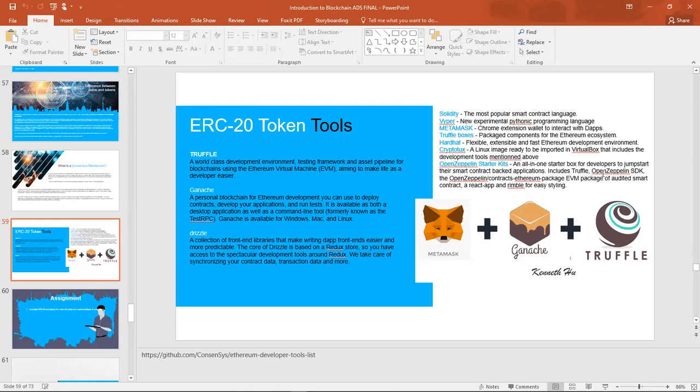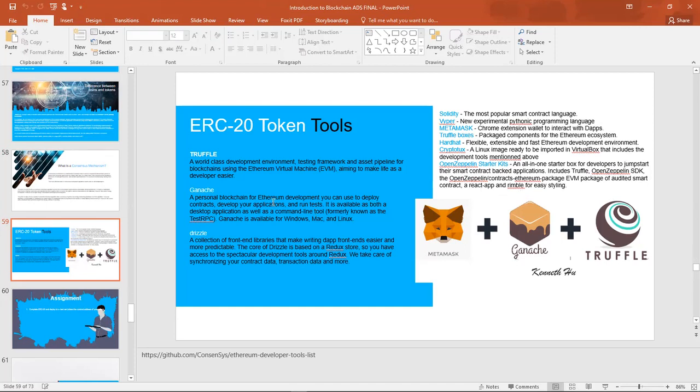OpenZeppelin includes Truffle. It has the OpenZeppelin SDK and the OpenZeppelin Contracts Ethereum packages, and then an EVM package of audited smart contracts, a React app, and Limbo for easy styling.